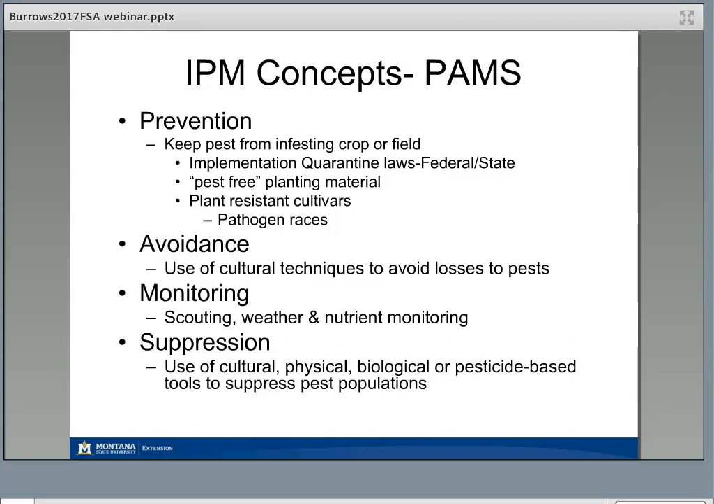There are 4 key concepts of IPM. The first is prevention, the second is avoidance, the third is monitoring, and the fourth is suppression. So for prevention, obviously we want to prevent the pests from infesting the crop or the field. In order to do this, we can